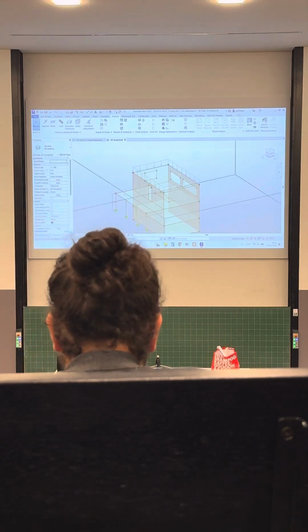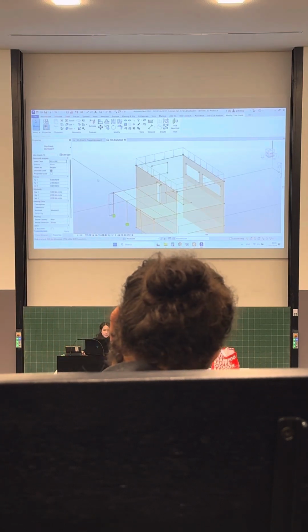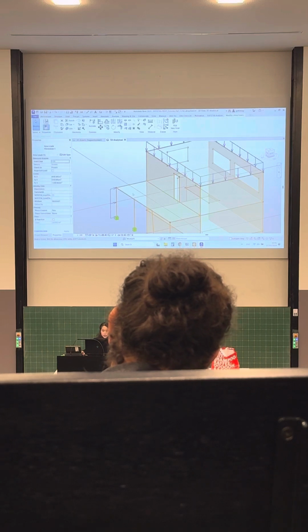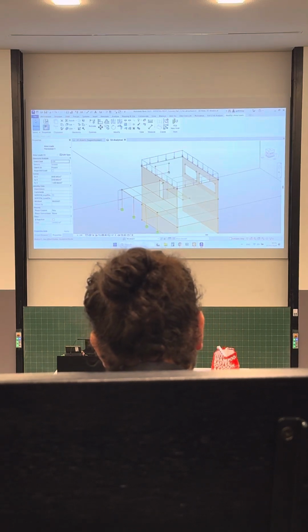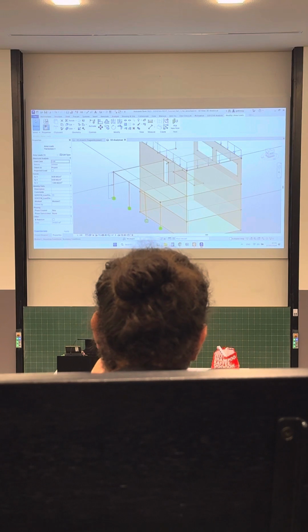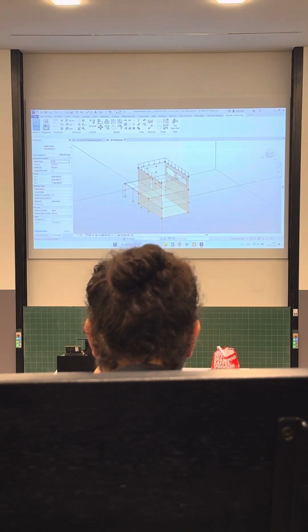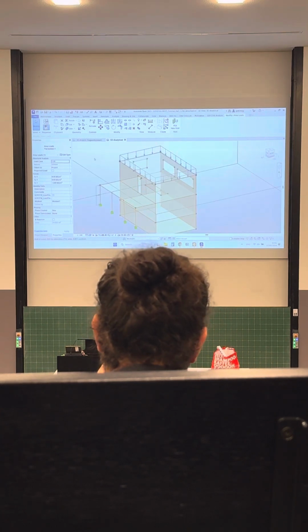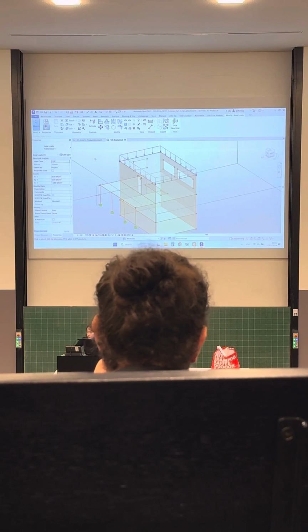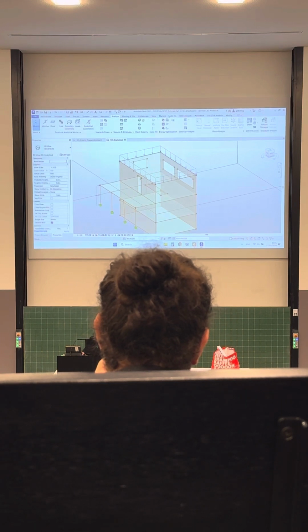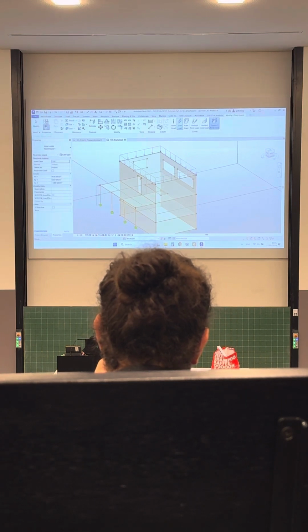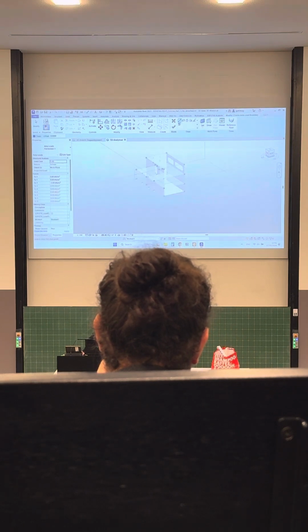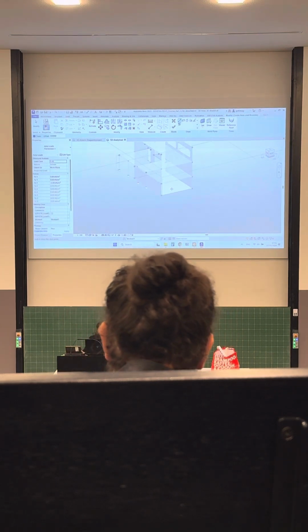And you can of course modify it later, now that here is a wind, here is a snow. Again, I'm not going to go through all the steps. And what we're going to do now is try another load. Let's make an earth pressure. And you know, earth pressure is